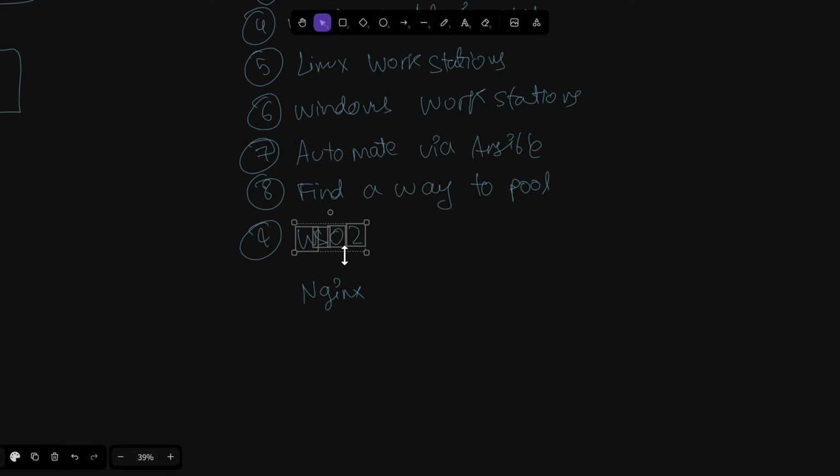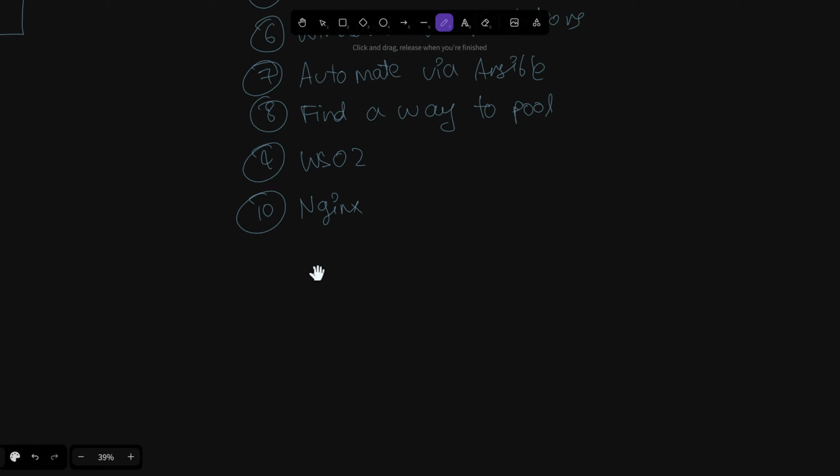Step 9 is WSO2, then Nginx. Finally, Guacamole.